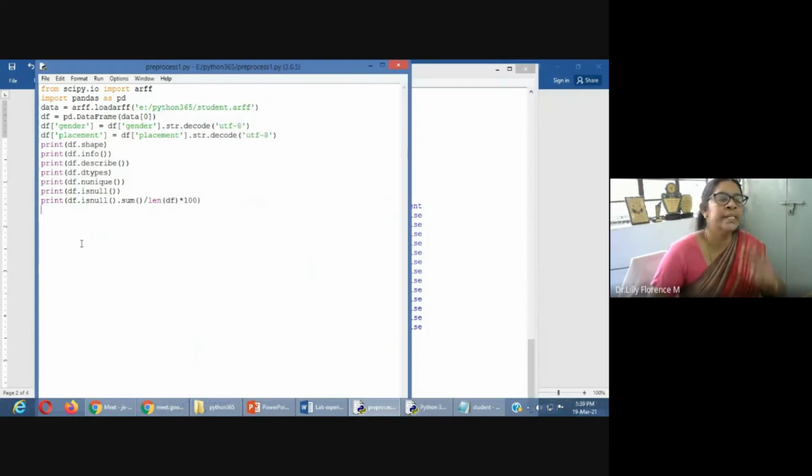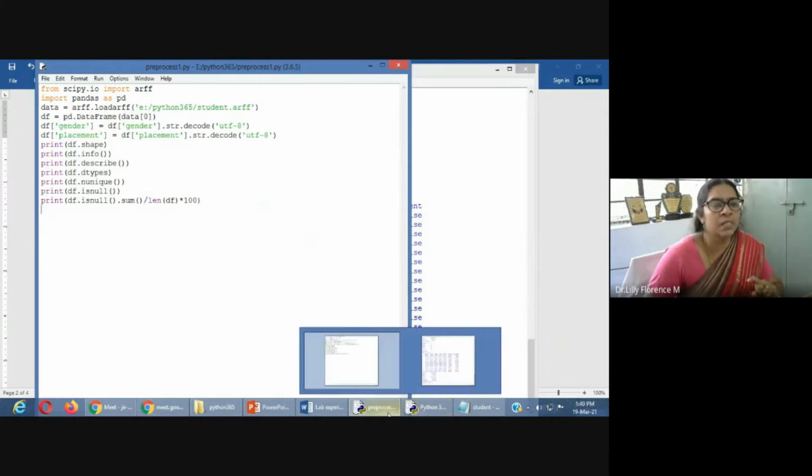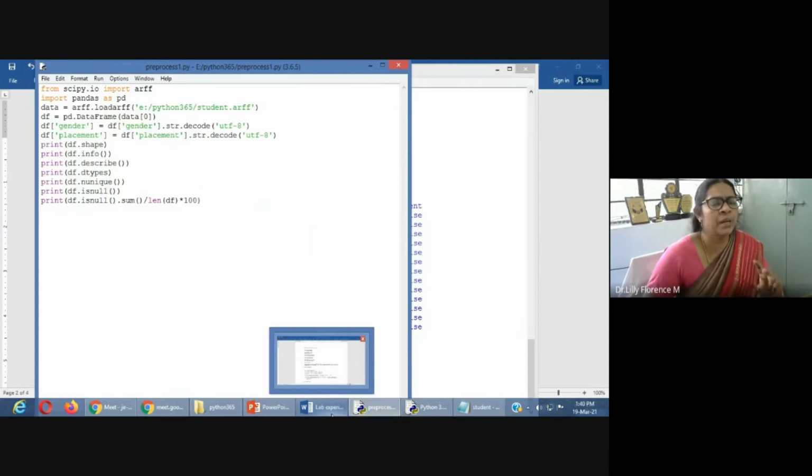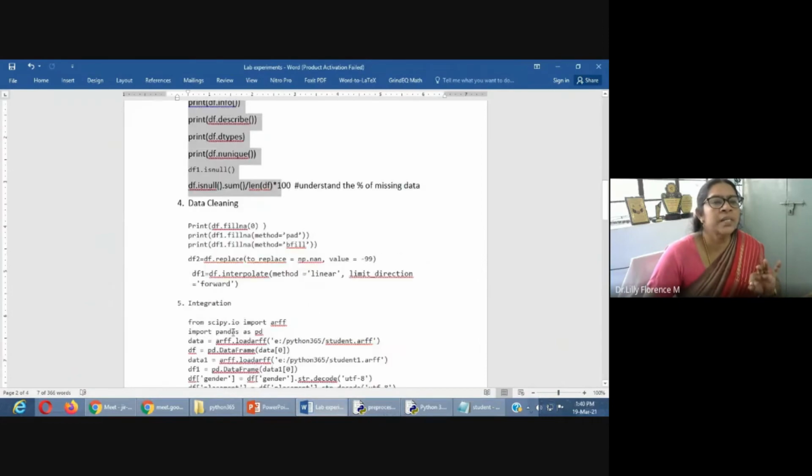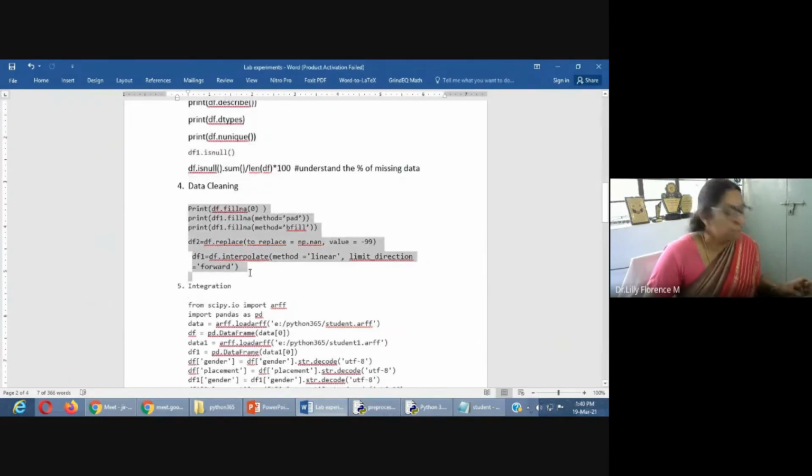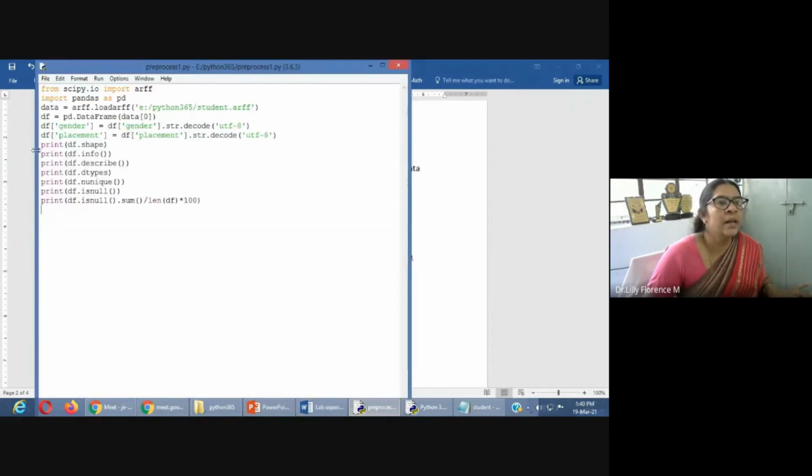So this is the second step we have to take for doing the pre-processing. The first step, we just load the data. Then the second step, understand the data. Now the third step, we are going to start our pre-processing. The first one is the data cleaning process. In data cleaning, 2 things we are performing here: one is handling the missing data, another one is handling the noisy data. We have a set of methods available to handle the missing data or the noisy data.